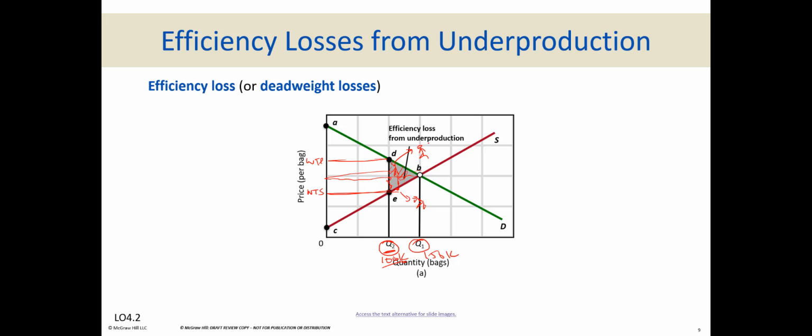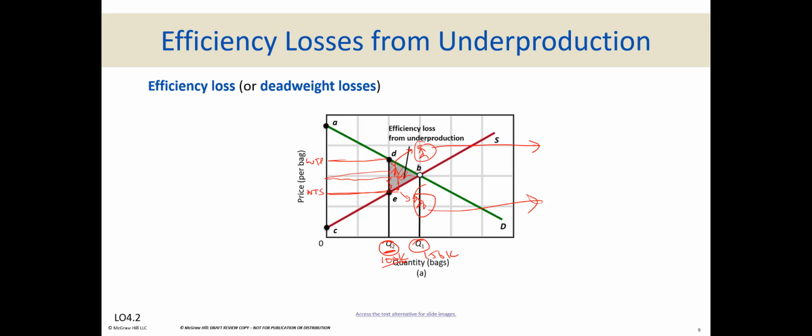But this transaction doesn't happen, and that's called deadweight loss. Why? Because we didn't produce enough goods to sell that person. Okay, we didn't sell to that person, and we didn't use the production of this person. So the demand curve orders the willingness to pay from highest to lowest,